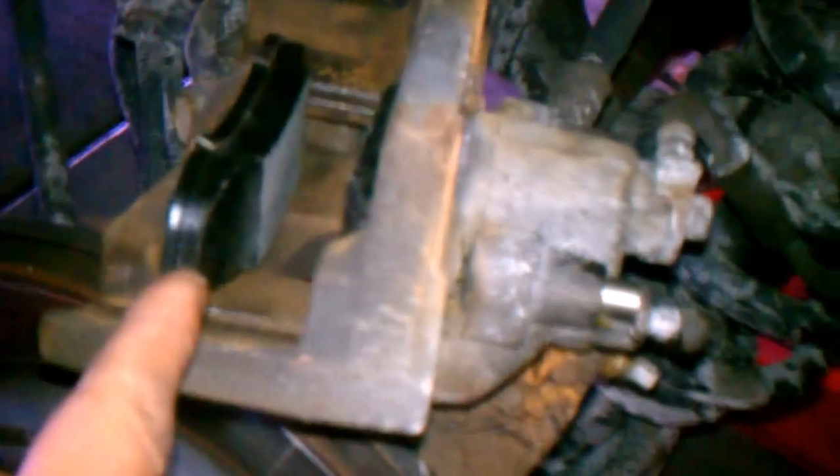You can see the pin there. I don't know if you can tell on the inside, but this is an Allen wrench, okay, on these calipers. So this is how you take them off. You take this pin out. Once you back this pin out on both sides, the slide will come off. You can remove the old pads, then set the new pads in, put the slide back in so it fits